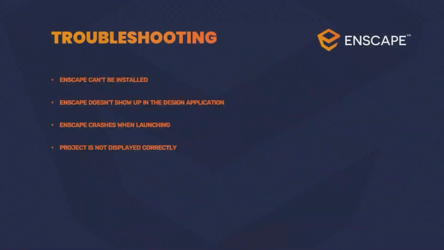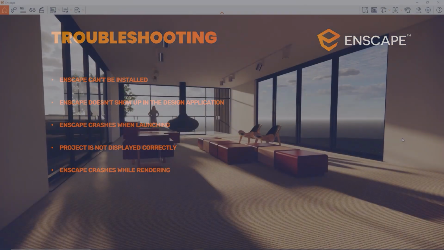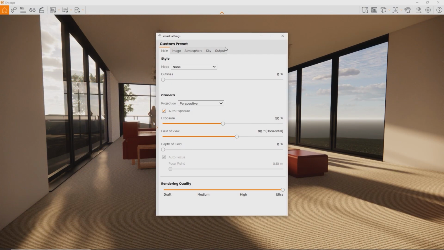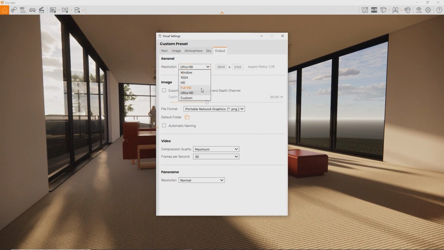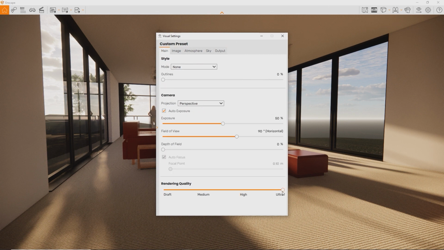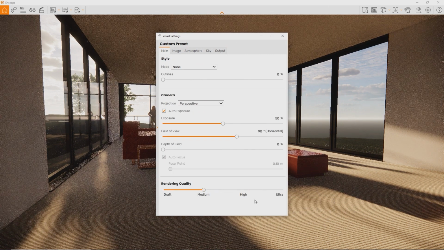If you experience crashes while trying to render an image or video, this again indicates that maybe the scene is too complex to fit on your graphics card. To tackle this, first, please make sure your graphics card drivers are up to date. Reduce the resolution down to full HD and the rendering quality to high, or even lower, just to check if this resolves the issue. If yes, we know it has to do with the resolution, complexity and scale of your